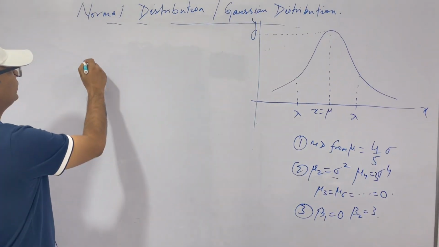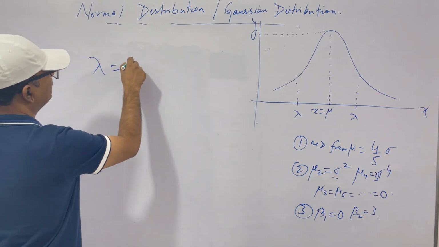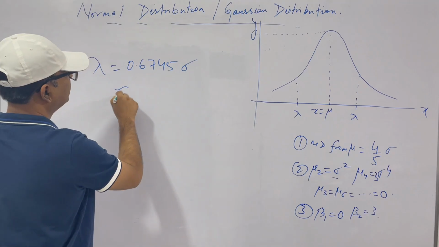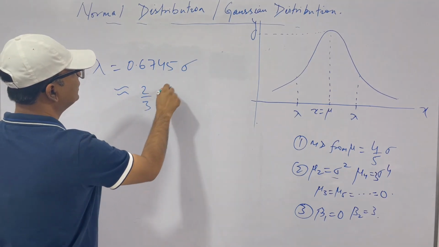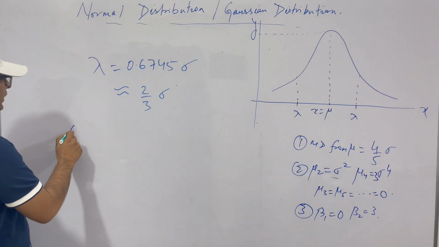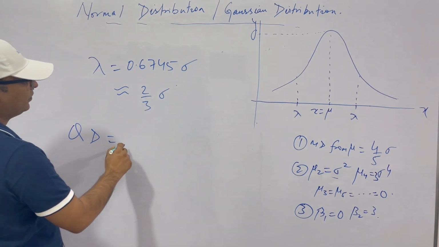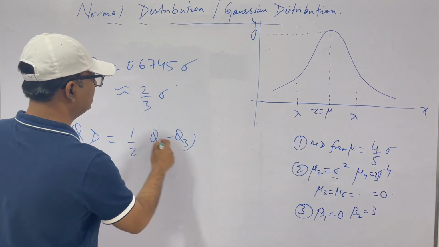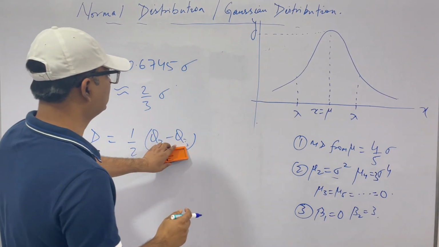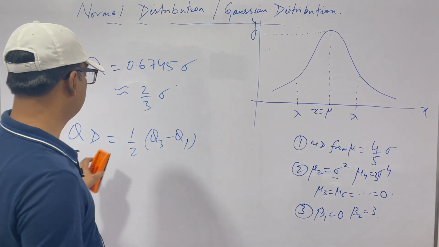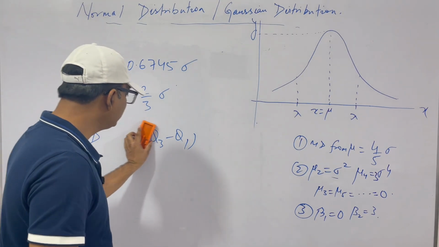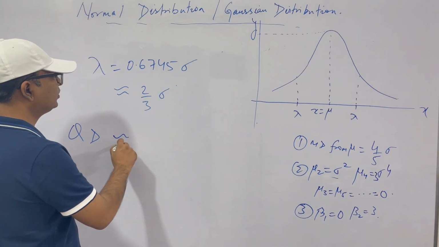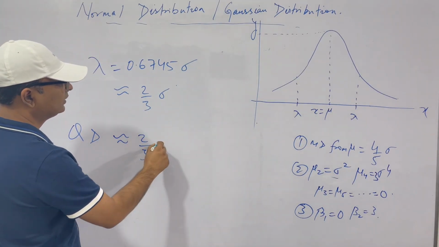So what we saw is that the probable error is 0.6745 sigma, that is approximately equal to 2 by 3 of sigma. Now we know that quartile deviation is half of Q3 minus Q1, that is the third quartile minus first quartile. This is the formula for this. Quartile deviation for a normal distribution is approximately equal to this value only, 2 by 3 of sigma, that is